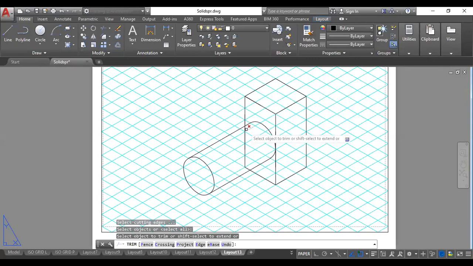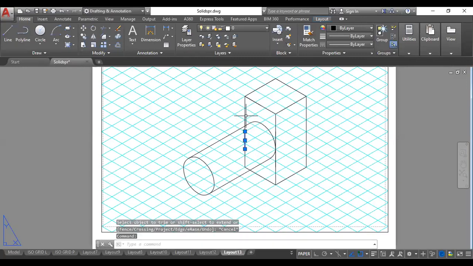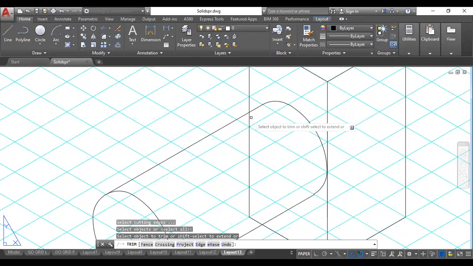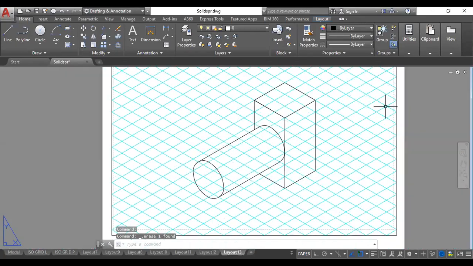The part of this square which is hidden here, covered by this line, even that part has to be erased. Yeah, this part, because this part will be hidden by the cylinder from the back.